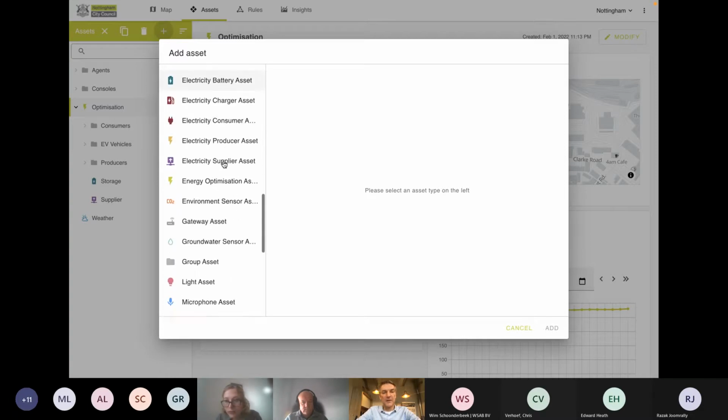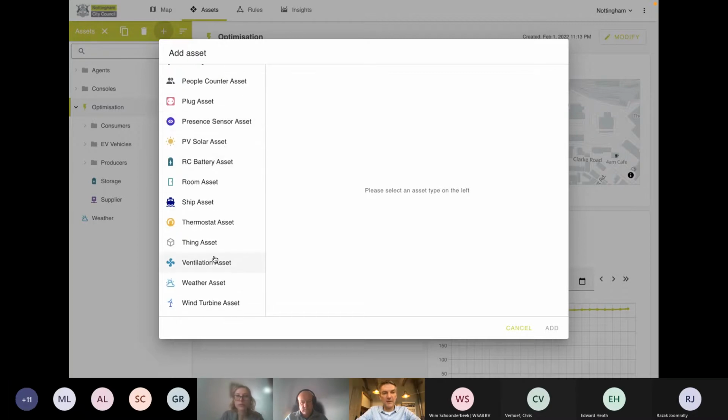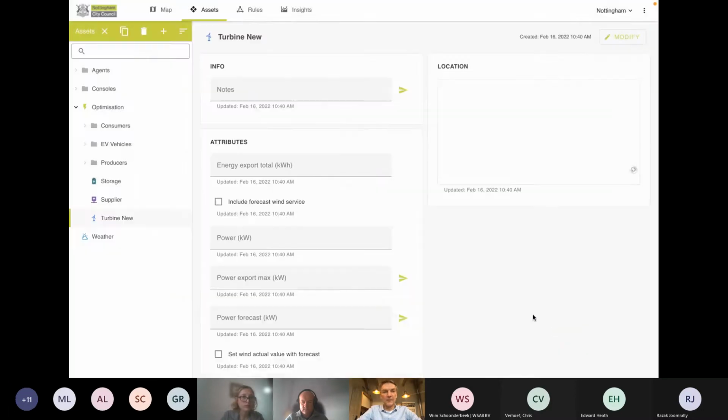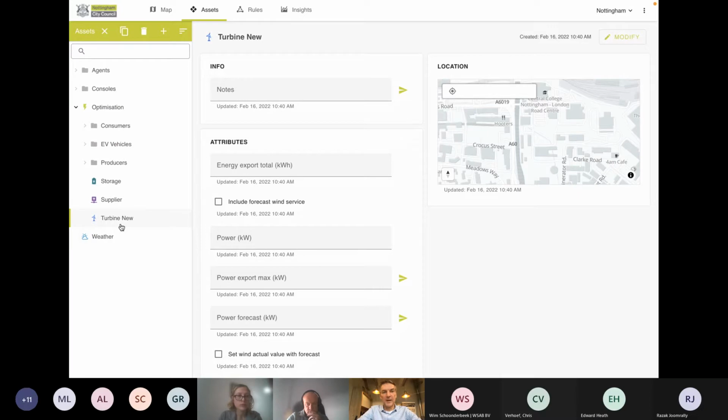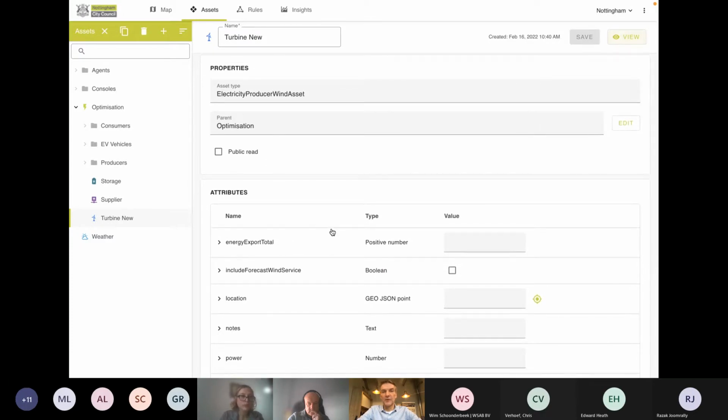And then, for example, if that asset type is, say, well, I want to add it. So just as an example, that new asset type, we haven't defined it, so you can't see it. But for example, I can add a wind turbine here, which is new, and I'm adding it to the optimization group, and you see it now appearing here on the left. And then in modify mode, I can configure this system now. I won't bother you with the details here, but I just want to give you some pointers that the system would allow you to